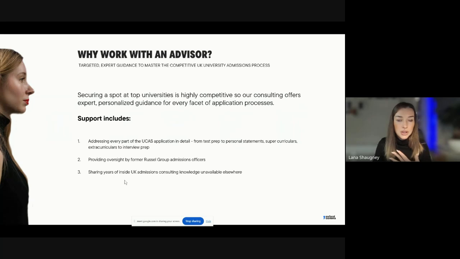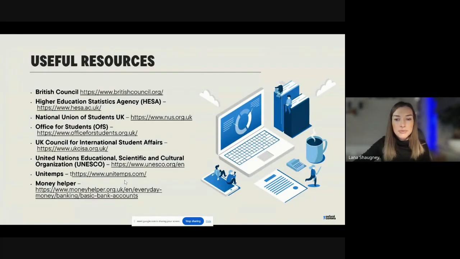It includes kind of looking at your application in detail, providing mentoring and coaching, looking at your portfolio, looking at your profile building activity, looking at your documents, generally supporting you in your English language testing. We also provide kind of different resources, and what we recommend is have a look online, go through different resources, read different case studies. But also what is really important is to kind of get somebody who you trust